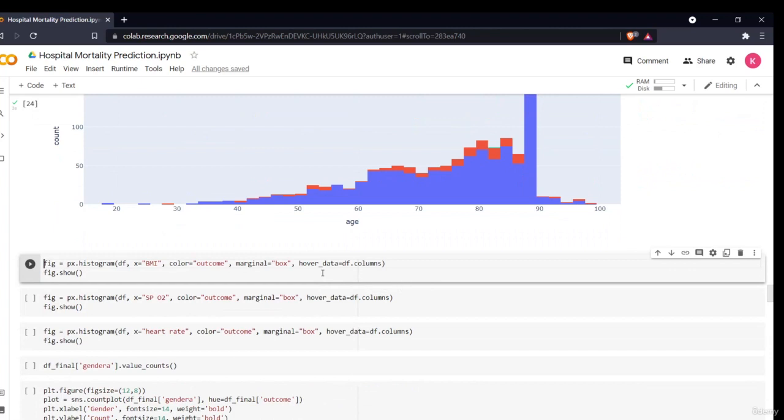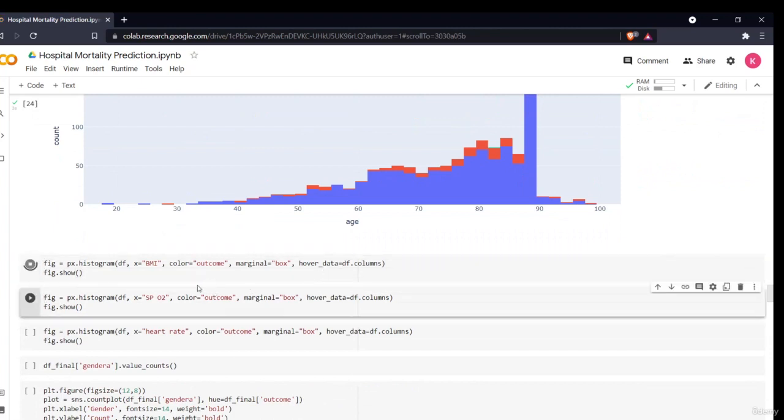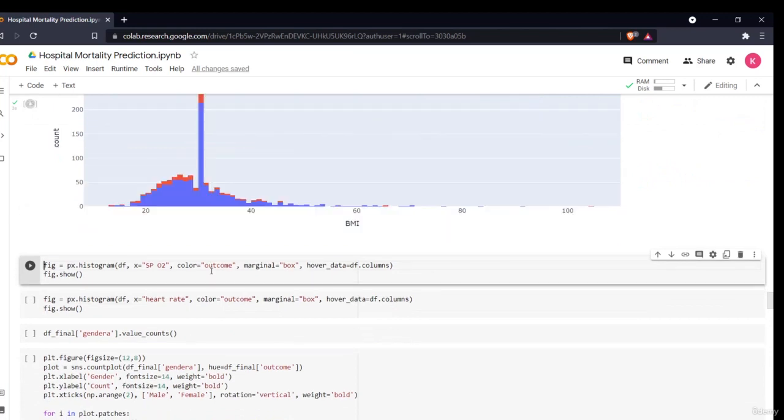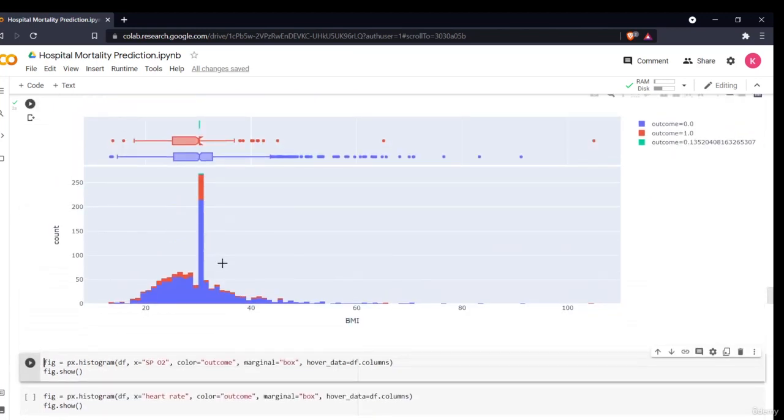Next we'll be plotting this on the basis of BMI. On the basis of BMI, we'll see how much BMI people are at higher risk, or which has the highest data. So we'll see that BMI between 30 to 31 is the maximum population, and these are also having the highest death count. Obviously a BMI of about 30 to 31 is considered little obese or greater, so that's why the count is very high, around 53.